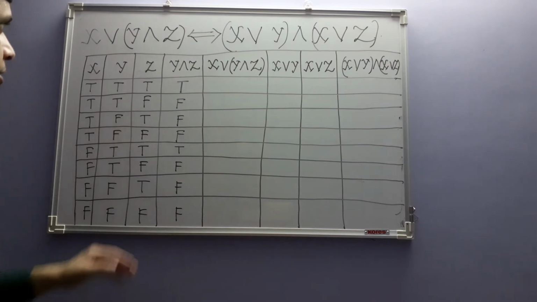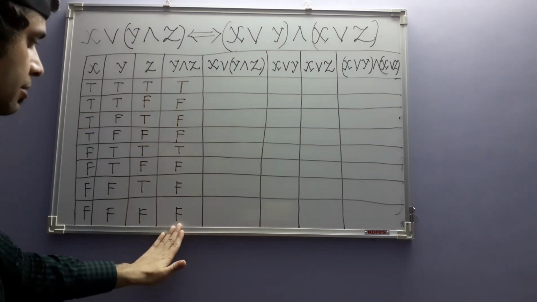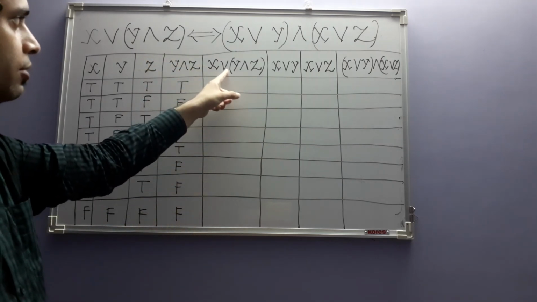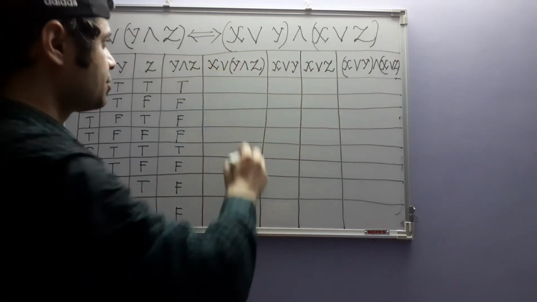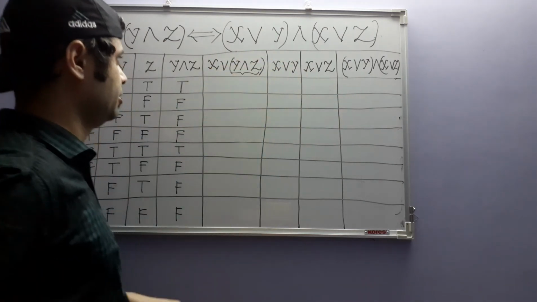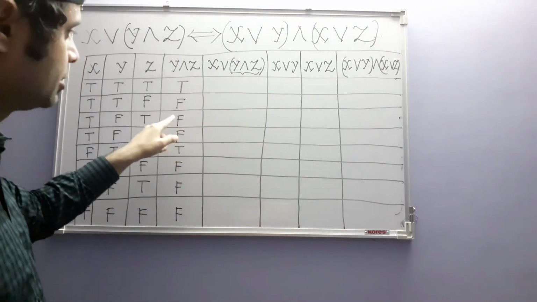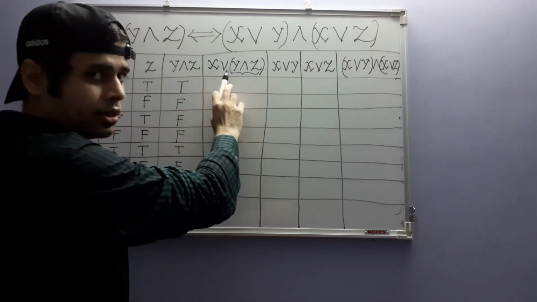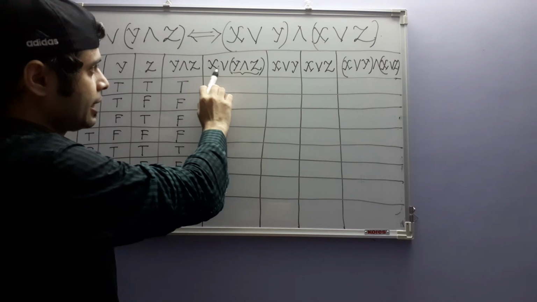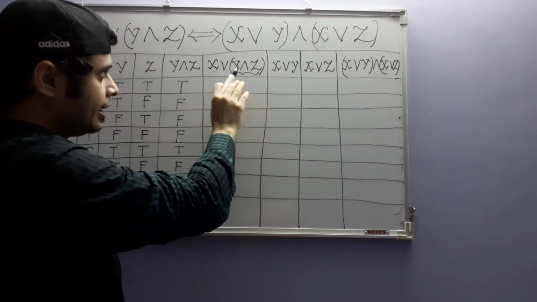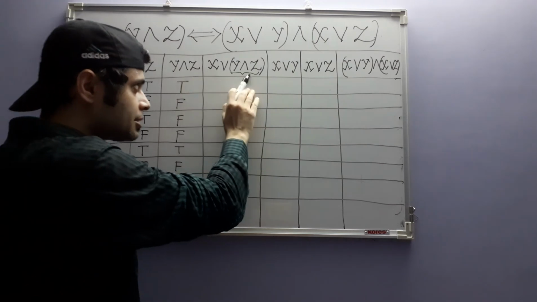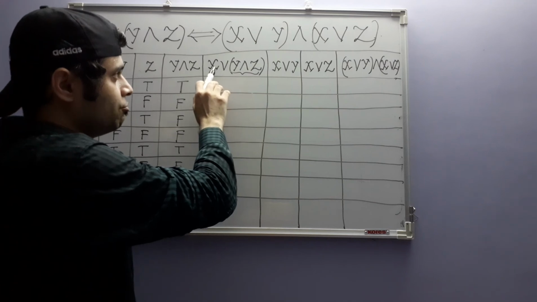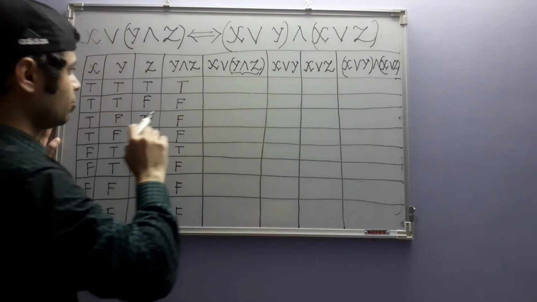Okay. Now, having determined the status of Y and Z in these situations, we now move on to X or Y and Z. Now we treat this itself as a statement, and we have the truth values in different situations. But we have disjunction here now. Instead of conjunction, we have disjunction, and a disjunction is true if either one of the statements is true or both are true, and is false when both the statements are false. So now we are looking